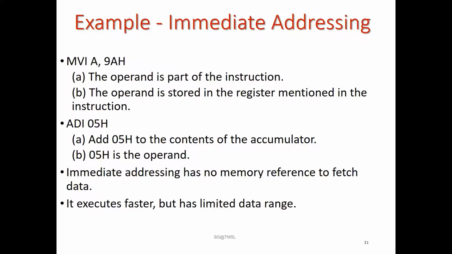Okay, in immediate addressing, the operand is part of the instruction. If any instruction is related to I, that means immediate data is there.